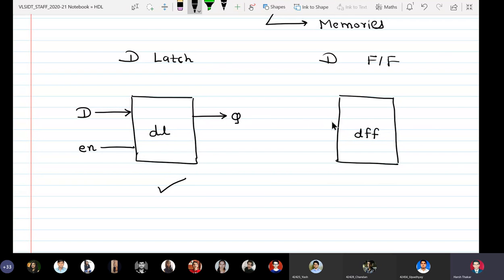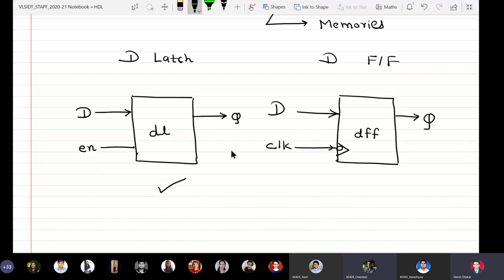Very good. Now help me with the block diagram of D flip flop. Data input, same as D latch. Wonderful. Next. Clock. Very good. So positive edge triggered or negative edge triggered? It depends on us. So how do I represent a negative edge triggered flip flop, Chandan? There is a dot at the end. Sir, a triangle and a circle is there. Very good. CLK. What about output? Q. Very good.